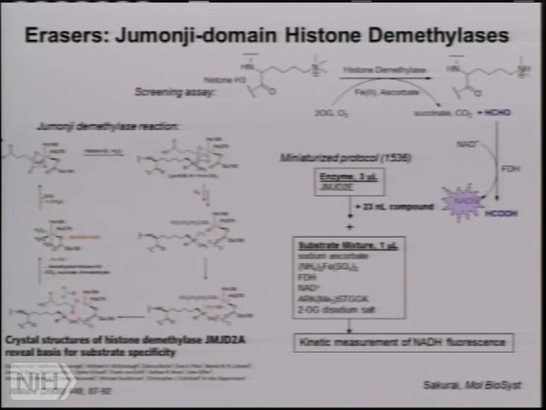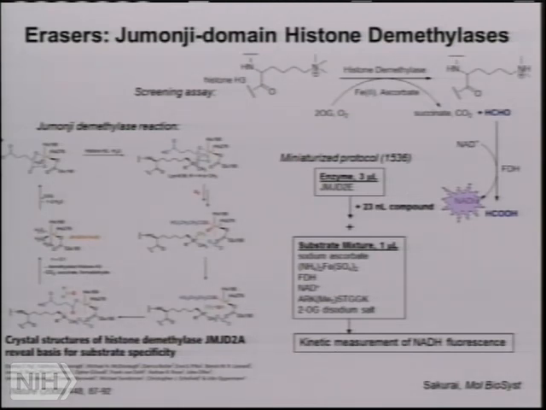This is, again, not meant to be read in detail, but only a couple of years ago was the first structure of a Jumonji demethylase determined, and that obviously served as a basis for understanding the reaction and design of some targeted inhibitors. But this shows the reaction in a more reductionist manner. These enzymes use oxoglutarate as a cofactor. Again, molecular oxygen, they need ascorbate to keep iron in reduced state. And ultimately, they remove one methyl group at a time, producing succinate, carbon dioxide, and formaldehyde as one of the products.